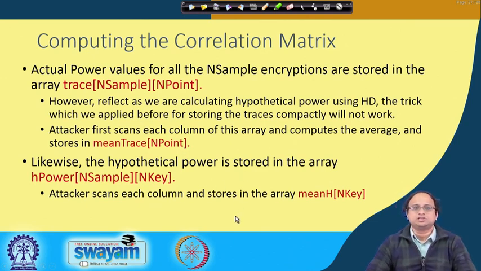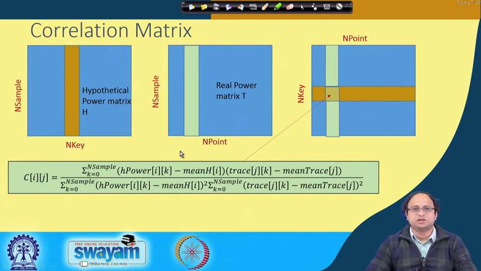Okay. So then we are all set to calculate the correlation matrix. Here is what we are doing. You have the hypothetical power matrix and the real power matrix. Let us denote this as one of the columns of your hypothetical power matrix, and you are trying to correlate this with another column of the real power matrix. And this you are storing in this correlation matrix. You take this column position and index it as the row, and you take the other column position and index that as the column of this correlation matrix, and the value here is essentially nothing but this.